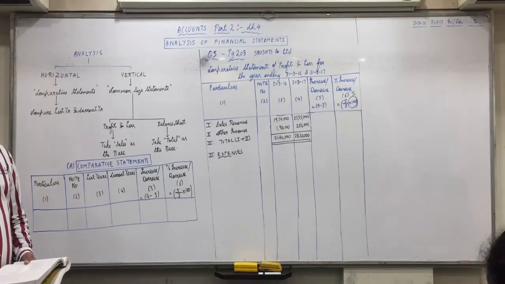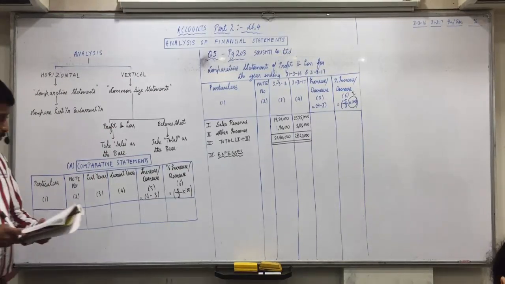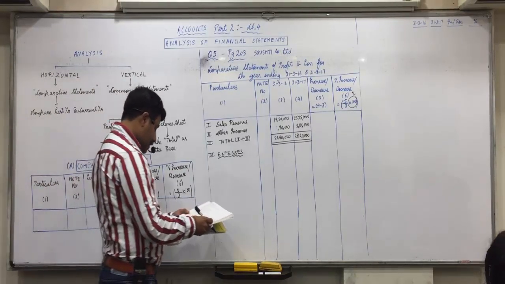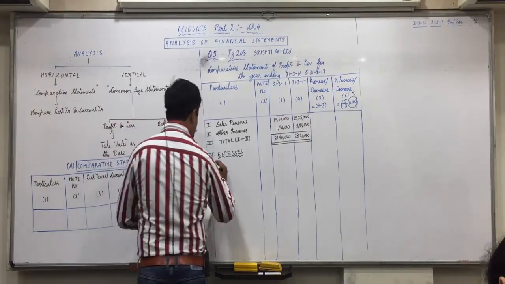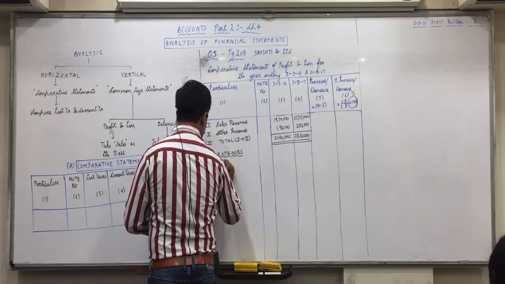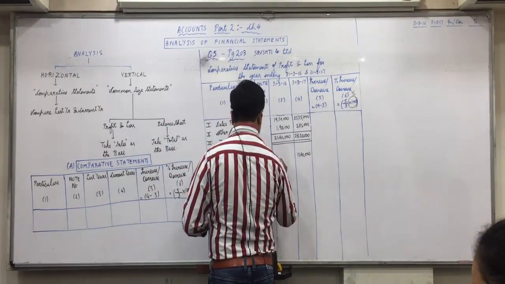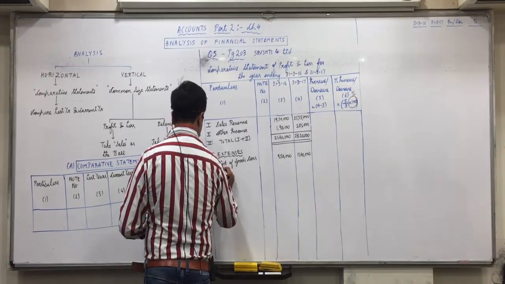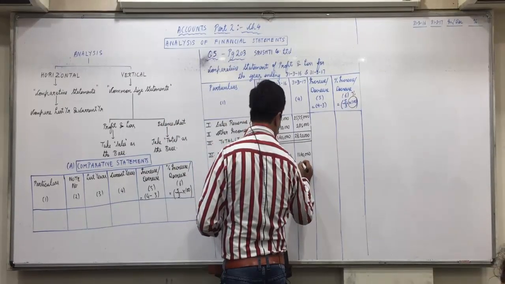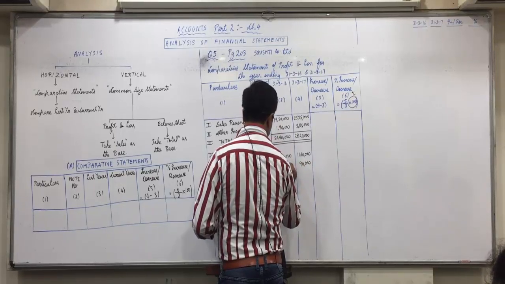Did everyone complete up to the totals? No. Raise your hand who is still writing. Completed everyone? Now expenses. See if you can see the question, those expenses only are to be written. First, cost of goods consumed. 11 lakh 40,000 in fourth column. 9 lakh 50,000 in third column. Second, financial cost. 90,000 in fourth column. 1 lakh 50,000 in third column.